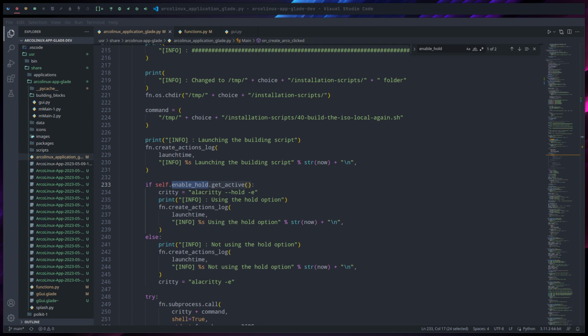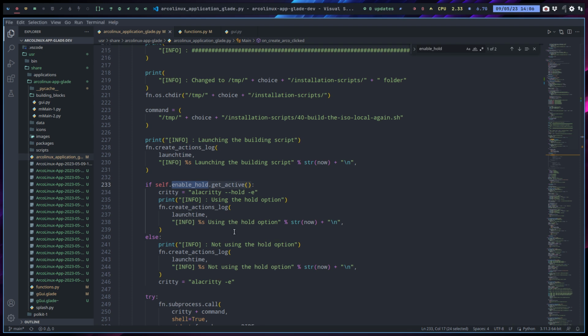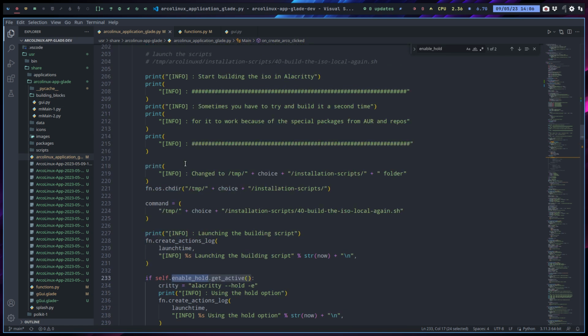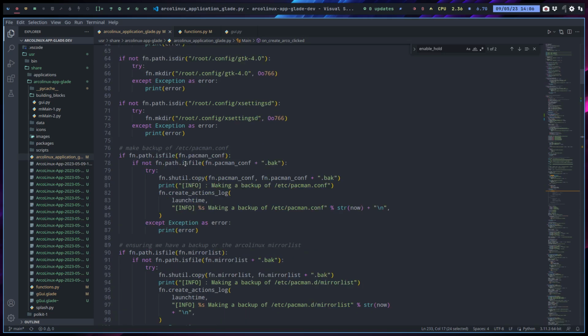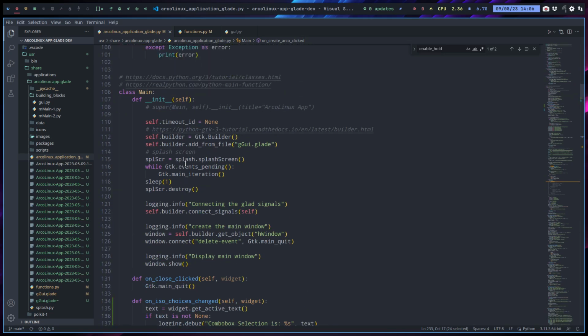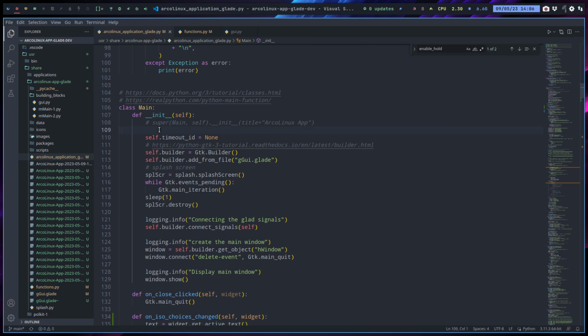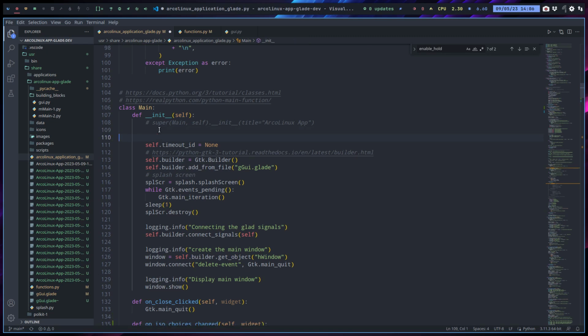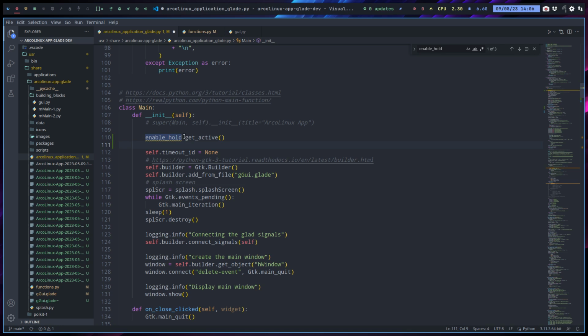Yeah, we declare what's in there. So at the beginning, the things we don't know, enable hold, has no clue what it is. What if we make him smarter and tell him that enable hold, self.enable hold,